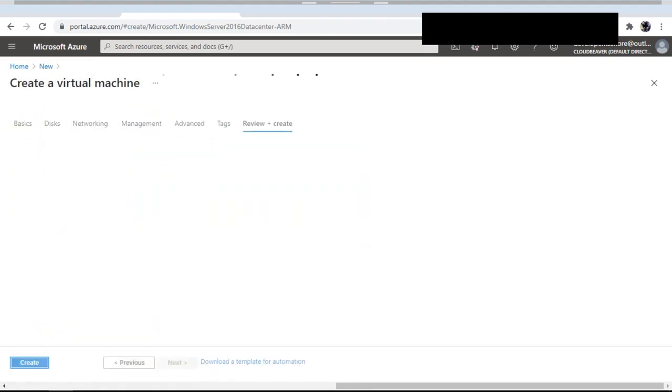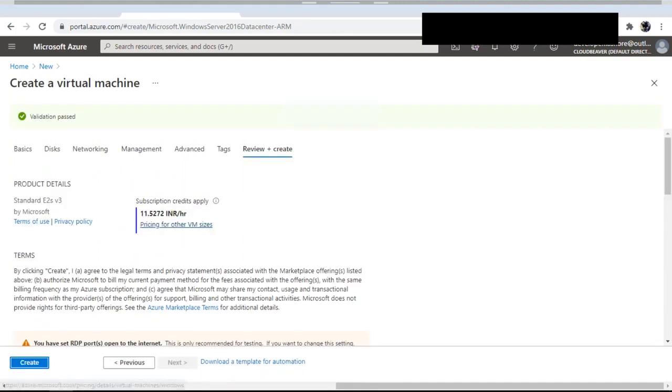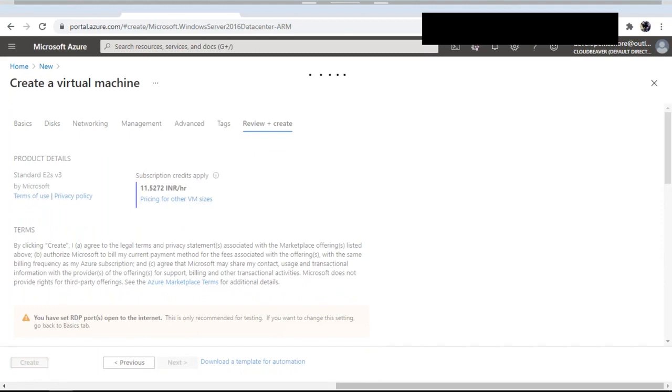Try clicking review plus create in the bottom. This makes a validation for all the settings of your VM. There are many settings in it, like you can pick disk, you can pick networking and more. So if I speak about that, I can speak about 1.5 to 2 hours for just the creation of a VM alone. There are many concepts in it. So as discussed, this is to give you a brief introductory part for VMs and everything. So let's see that. Now on clicking the create button,